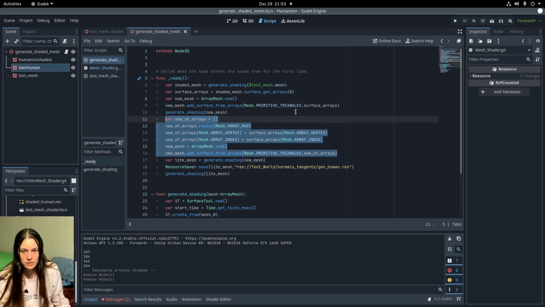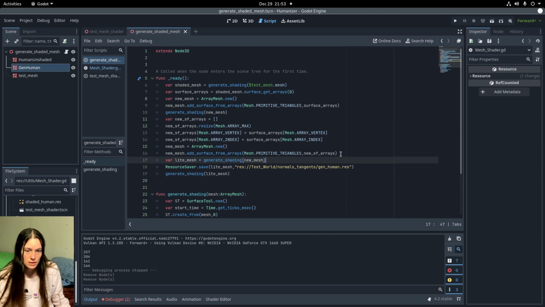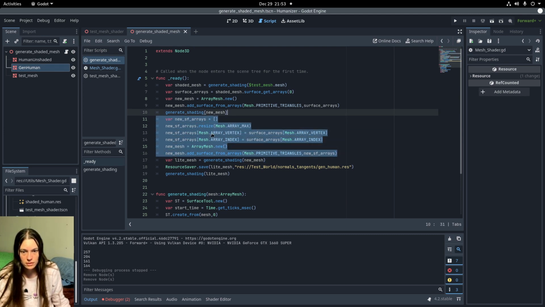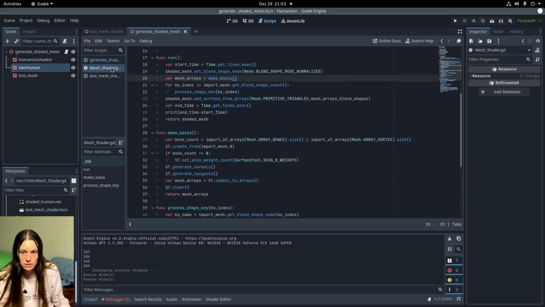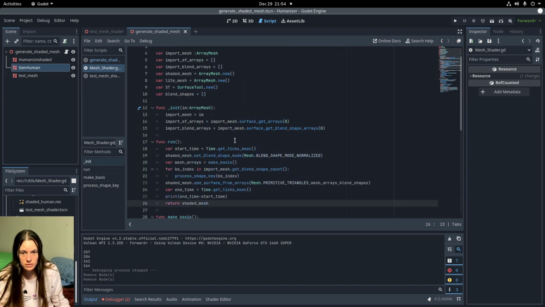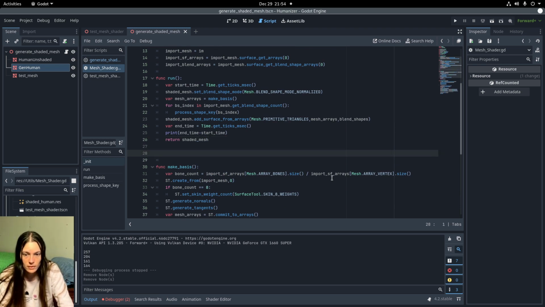And I'll go back to the generate shading test and copy the new surface arrays, so you resize it to like 14 or 15, and then set the vertex and index from the original surface arrays, and then add the array to the mesh. So I'll make a new function to make the light mesh,